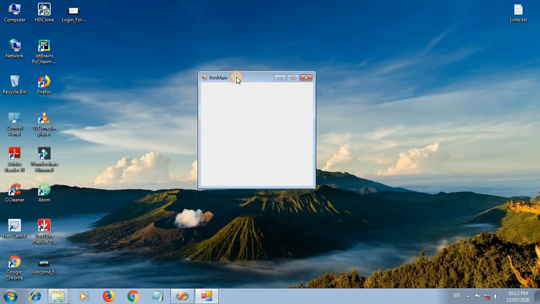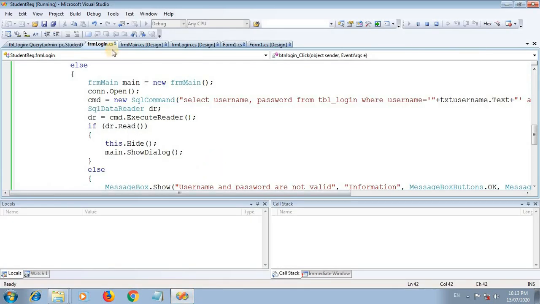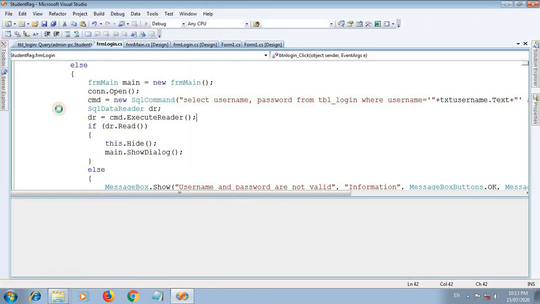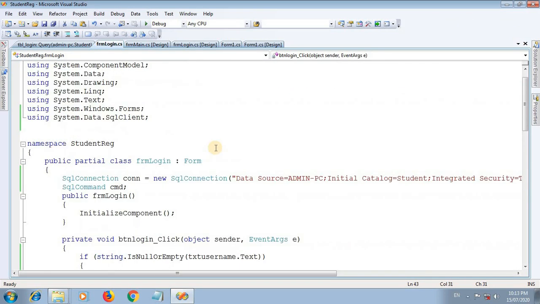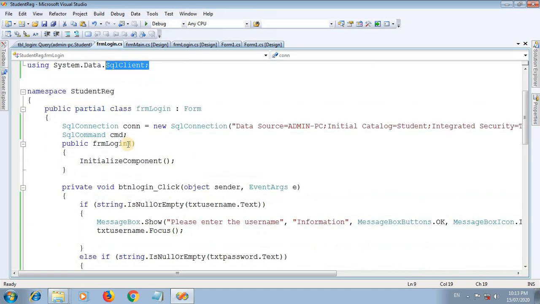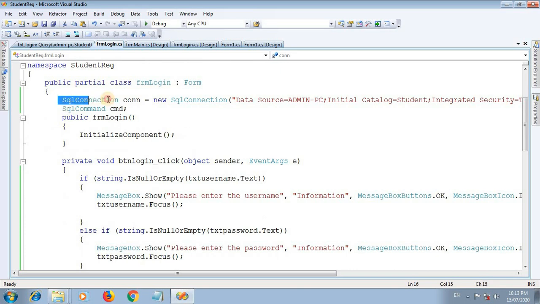It will display the next form, the welcome form, that is the home screen. In this way you can design a form and a login code. For this code, you first need to add the library called SqlClient, and after adding SqlClient you need to establish a connection using the SqlConnection class.